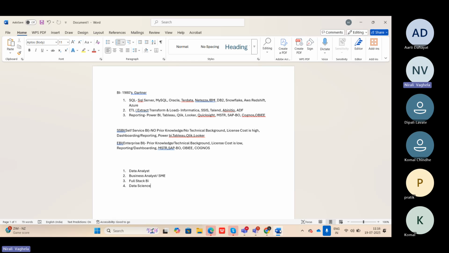Then if they want to see how much revenue they made, how many things got sold in a particular year, and how they are progressing compared to the previous year, that kind of analysis they can do. That is comparing YTDs, MTDs. These are the things they can do with the help of this, and that is the reason SQL is a must for this.